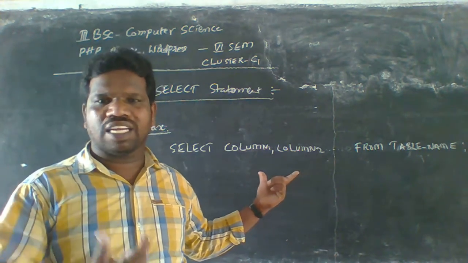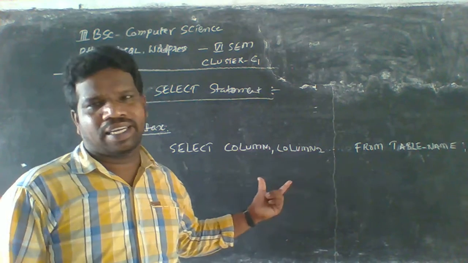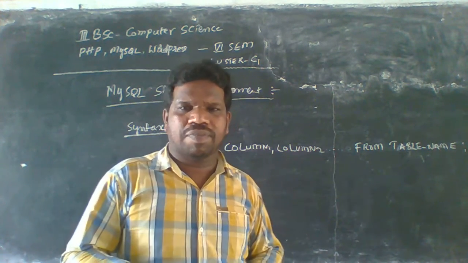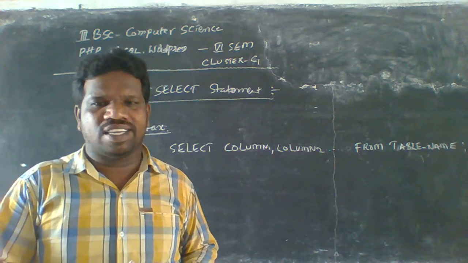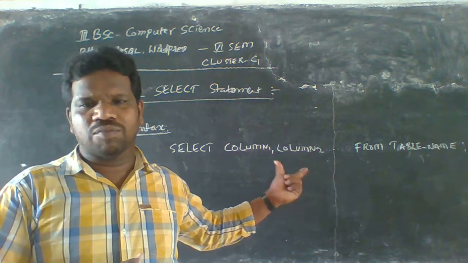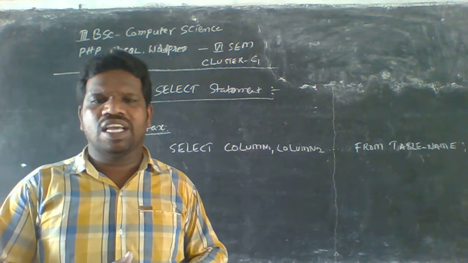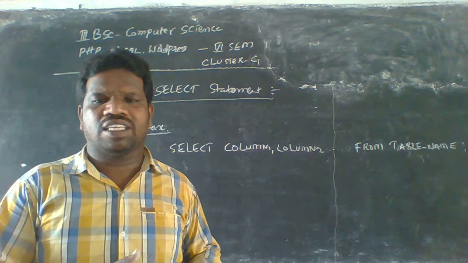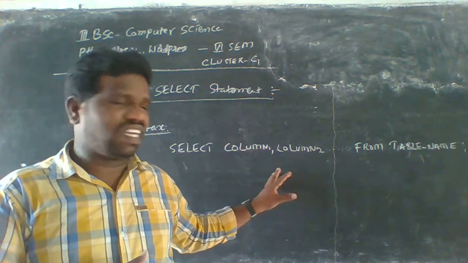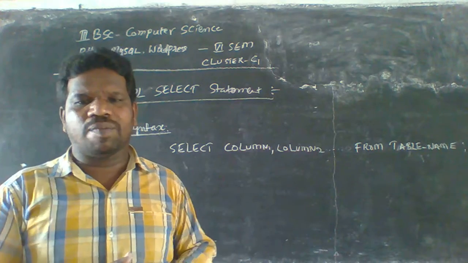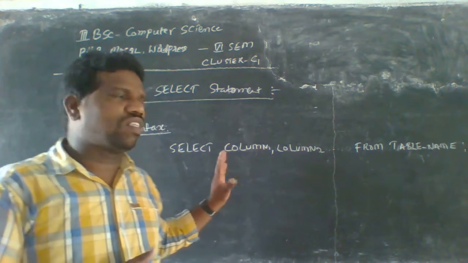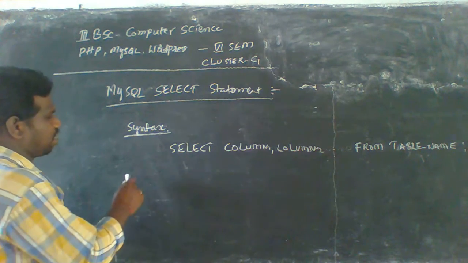If you want to select one column, it will be retrieved here, and if you want to specify two columns, we have to specify both here. Here column1 and column2 are the field names of the table you want to select the data from. If you want to select the fields available in the table, use the following syntax. I will give an example here.